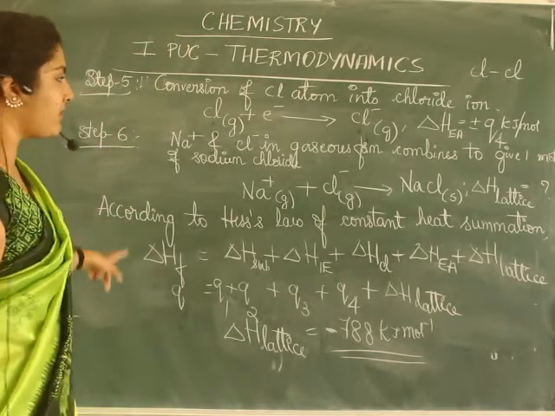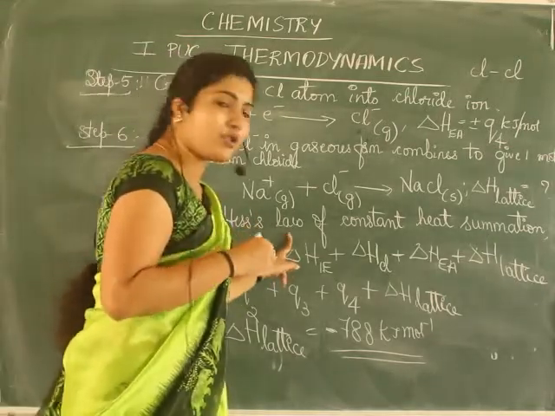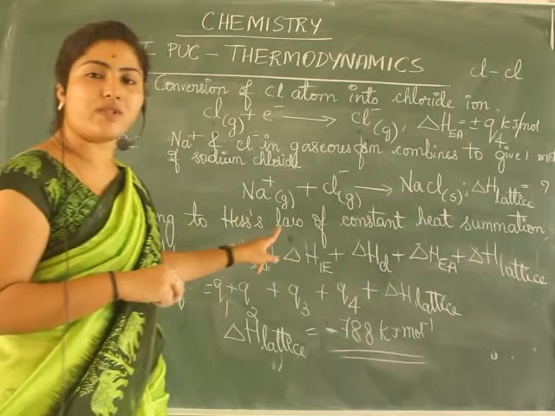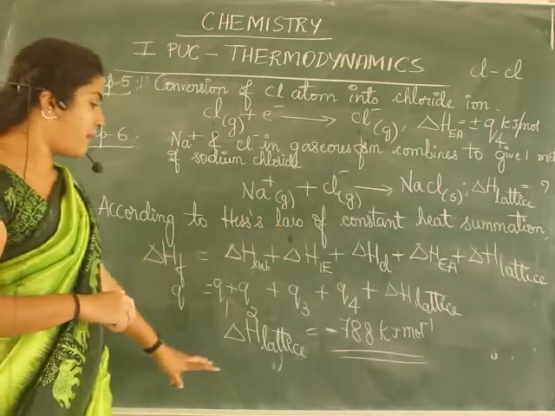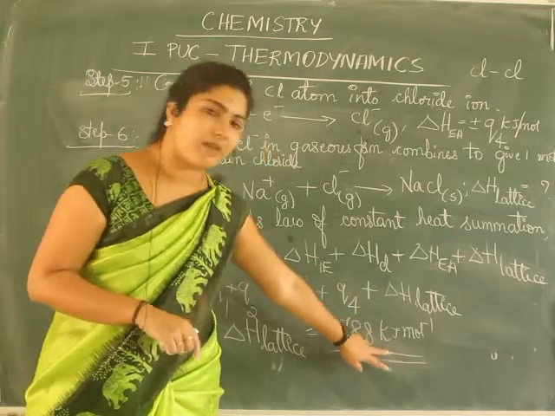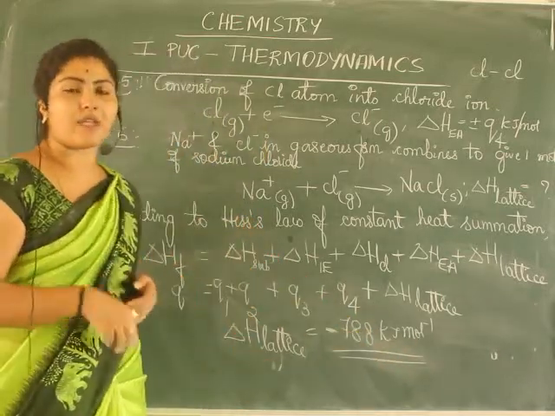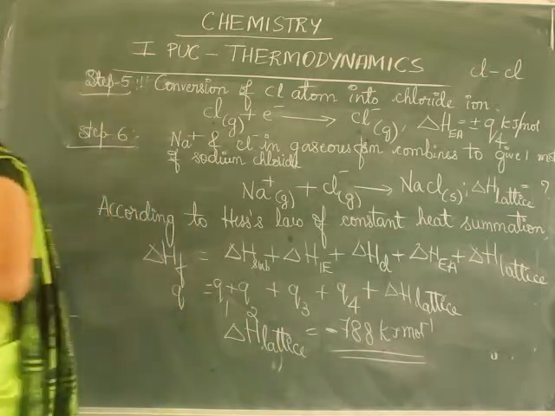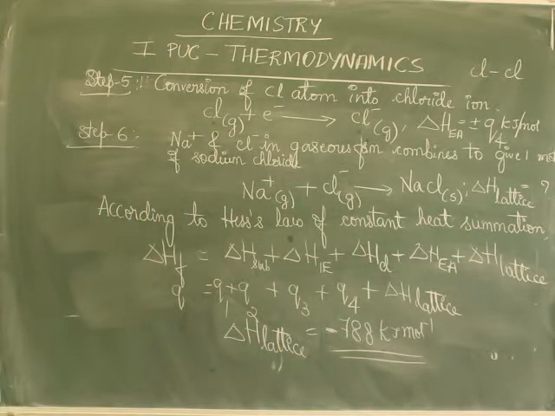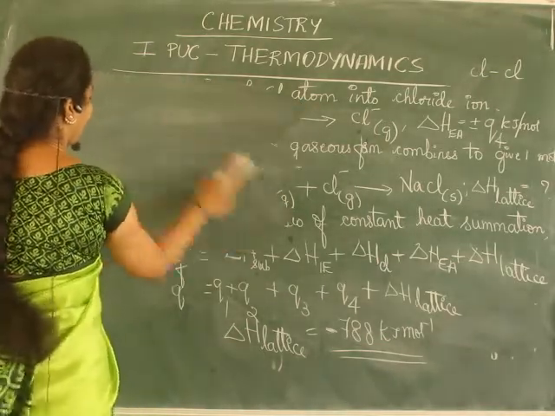where you have to mention these steps. Next most important part is you have to mention how Hess law is used and how it is calculated. Then mention delta H of lattice. Last thing which you have to mention very importantly, again the unit of it. You have to mention the unit in every step and then calculate. So this was about Born-Haber cycle. Next we'll move on to the next important topic here.